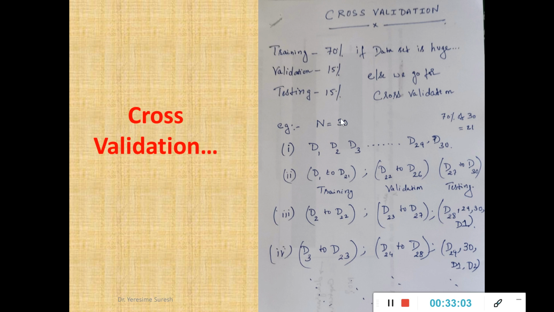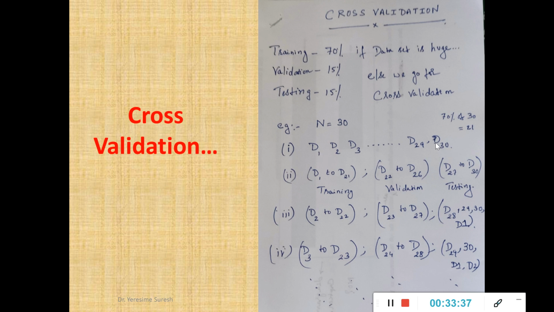But unfortunately, what is the problem here? For validation I am using only 5 samples, and for testing I am using only 4 samples. As we have seen in model A and model B, model A has been evaluated for 30 instances, model B has been evaluated for 5000 instances. So in that case I will have less confidence on this. So how to overcome this problem? Now see here, I have made a list of all the 30 instances, starting from D1, D2, D3 to D30.